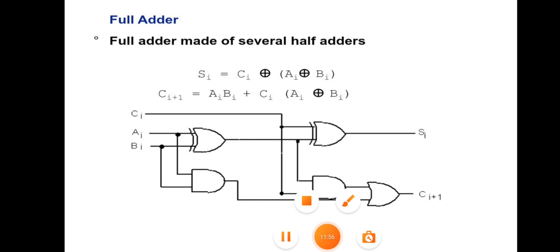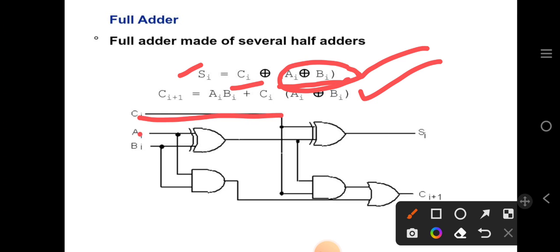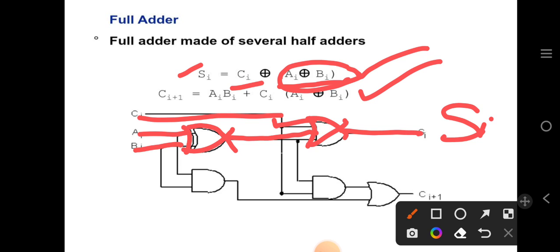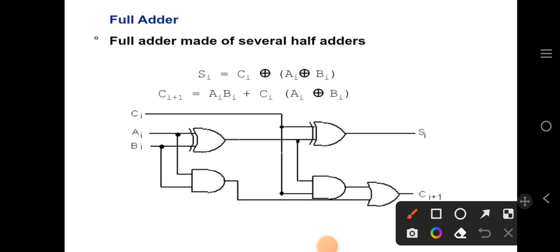As we know, after simplification we got these 2 equations, sum and carry. So sum is nothing but the XOR operation of Ai Bi, and again the XOR operation of this bracket with Ci. So we have taken 3 inputs. First take the XOR operation of Ai Bi. The output will be given to the next XOR gate and the final output will give the Si. So this is the implementation of sum. Now the carry, Ci plus 1. So the carry equation we can implement in the circuit.